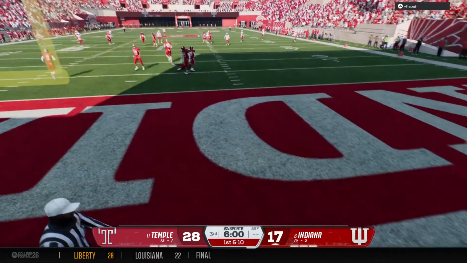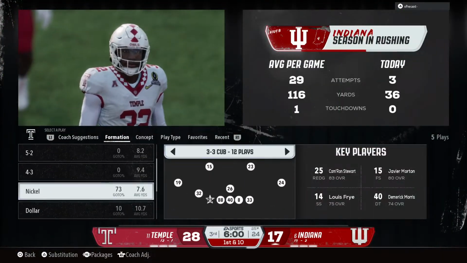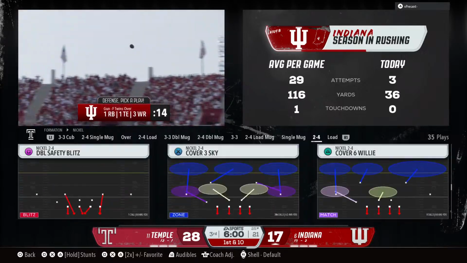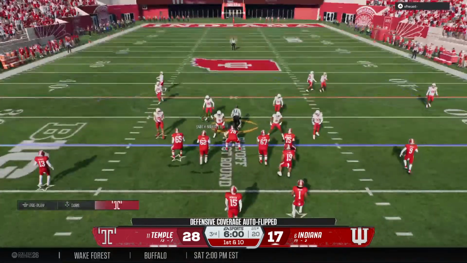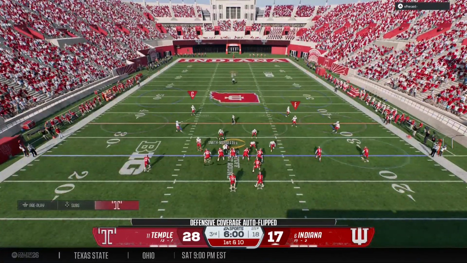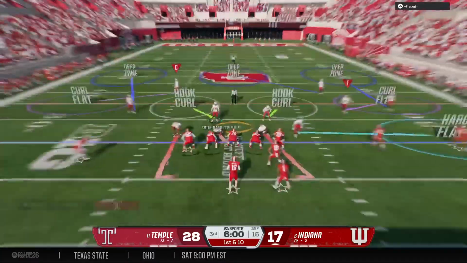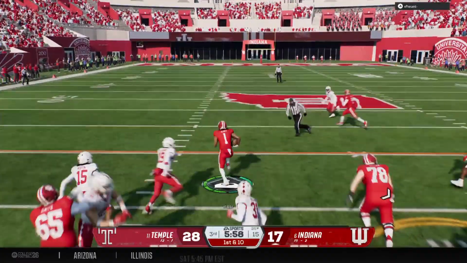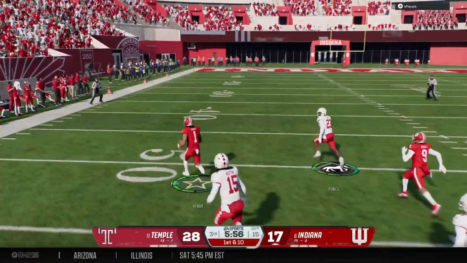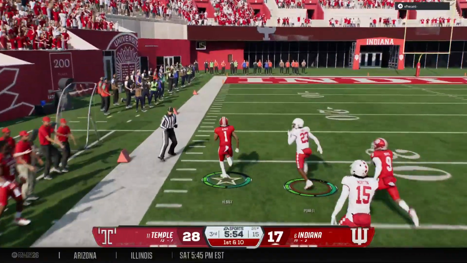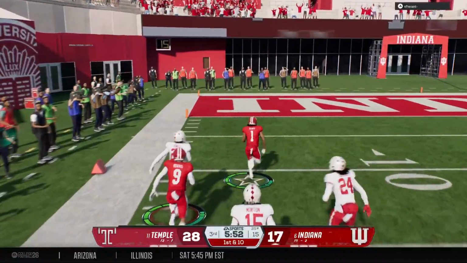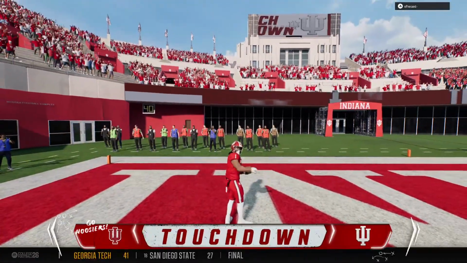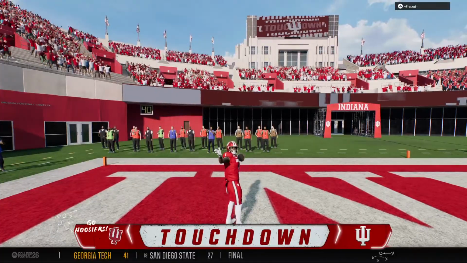The kickoff, a little too hot to handle, goes through the end zone for a touchback. And the Hoosiers offense is back out there on the field. They need to get things going here in the 3rd quarter, already trailing by a couple possessions. They get the second half started with a running play. He's found some room at the 45. He's in the clear. Inside the 20. Touchdown, Hoosiers. He wins the foot race to the end zone.